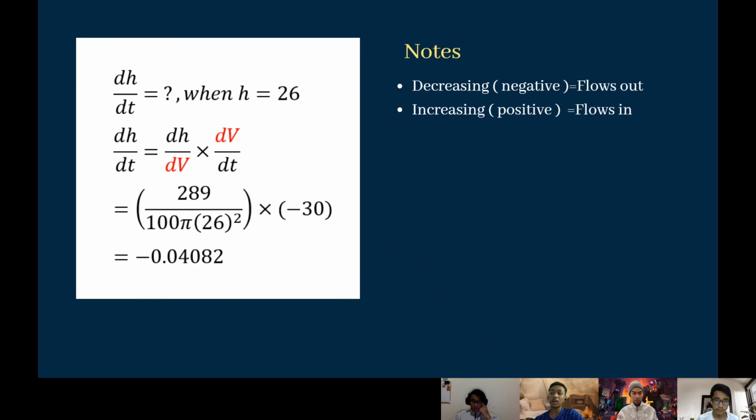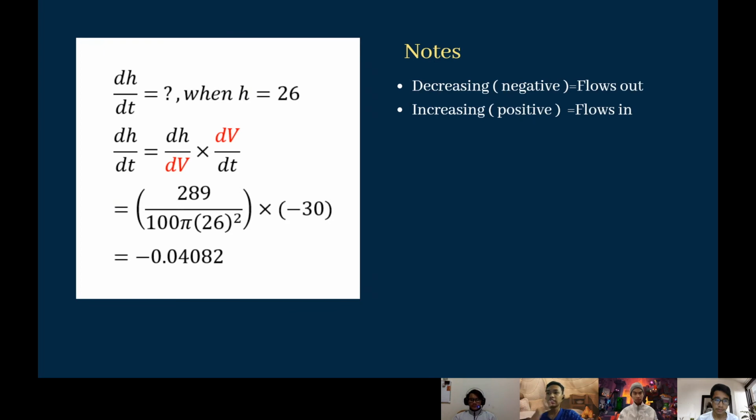We already got all of the information, we just put it into the equation. So dH over dV is 289 over 100 pi. We are going to replace H with 26, and multiply by dV over dt, negative 30. And so the final answer we got is negative